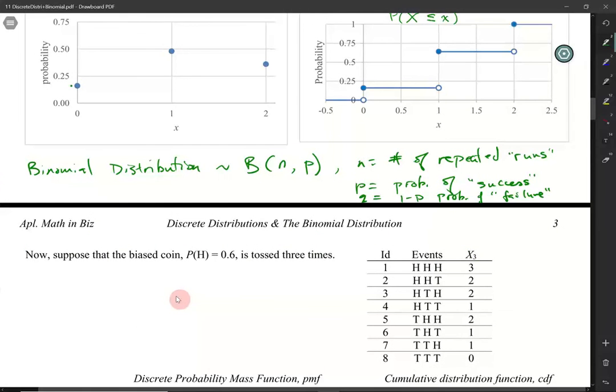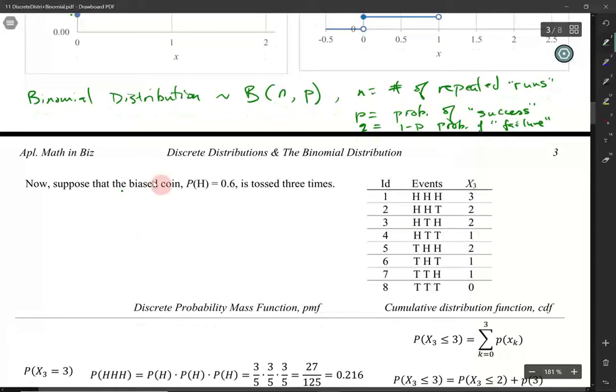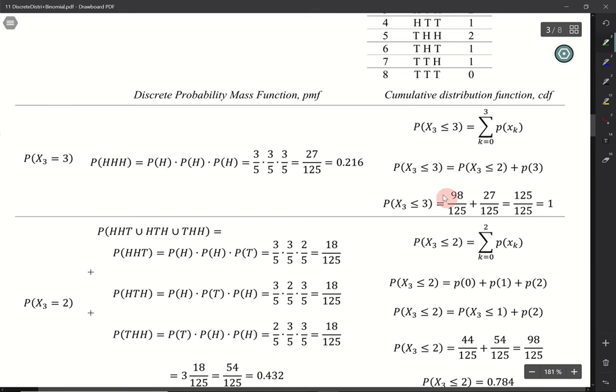Okay, so now suppose that we toss this biased coin 3 times. We've looked at the fair coin 3 times, and so the outcomes, the events are the same, as we've looked at before, and even the values of the random variable are the same. There's either no heads, either 1 head, either 2 heads, or all 3 of them were heads. And so similarly, we can do the same thing,